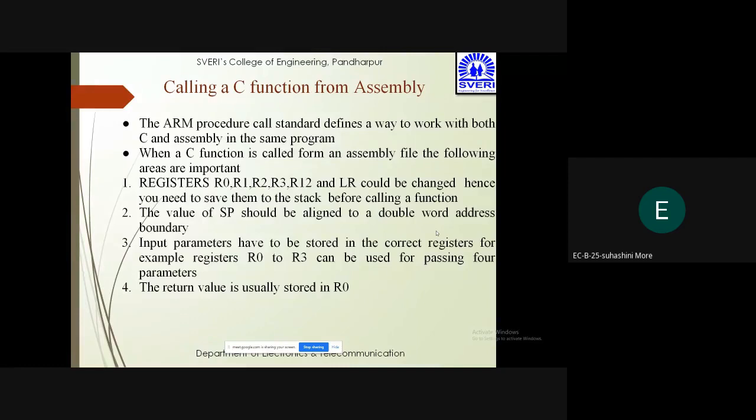Now there are two things which we have to understand: first is calling a C function from the assembly language, and second is calling assembly from the C language.